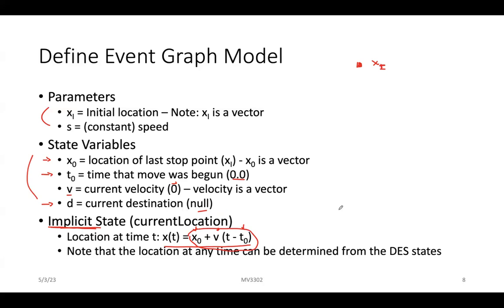So in other words, the location at any given time can be determined from the discrete event states. And so it's not a discrete event state, the current location, but it's an implicit state, meaning that using only discrete event states, we can compute it at any time. And this has an interesting